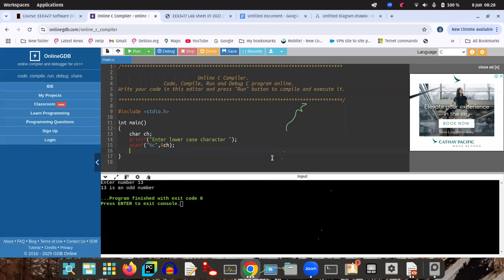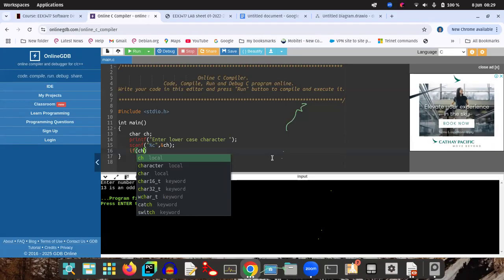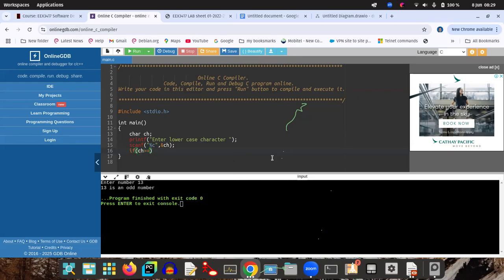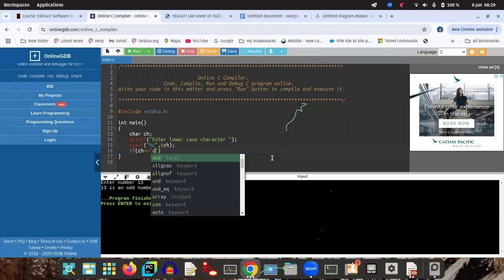Now input the character value, and then if ch greater than or equal to a